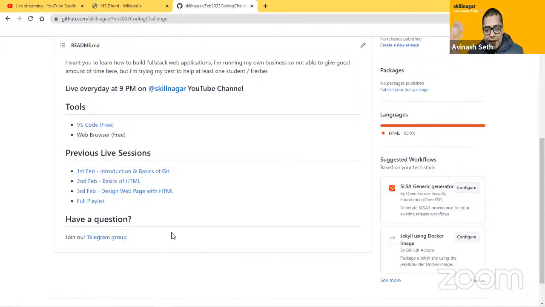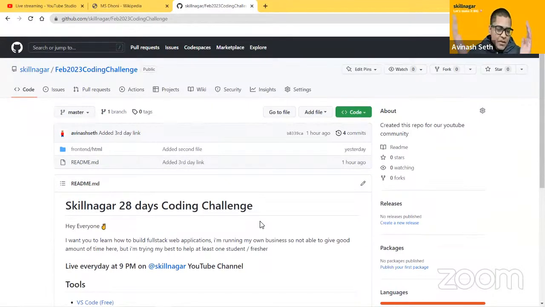If you like something else, please let me know so that we can shift the pairing as well. But still, I want to make sure of one thing: please make sure you are following the source code. You are leveraging what we are learning, because ultimately this is for you. It's not for me.